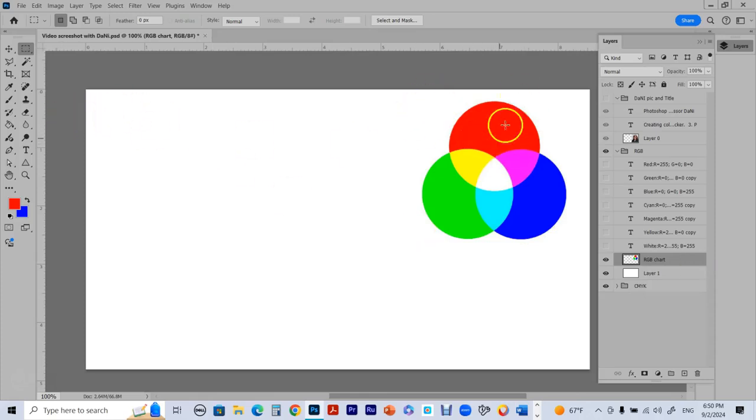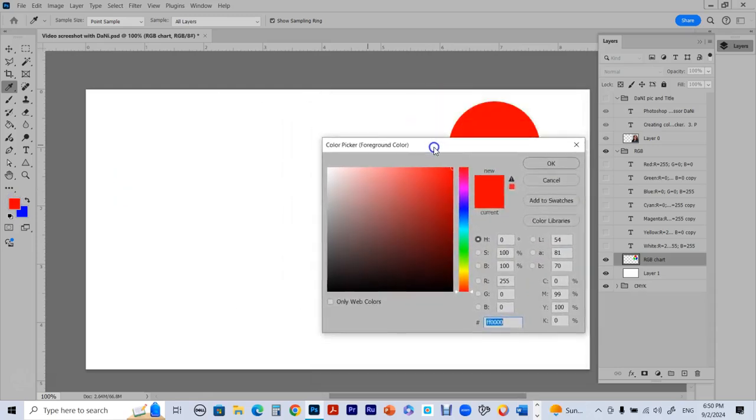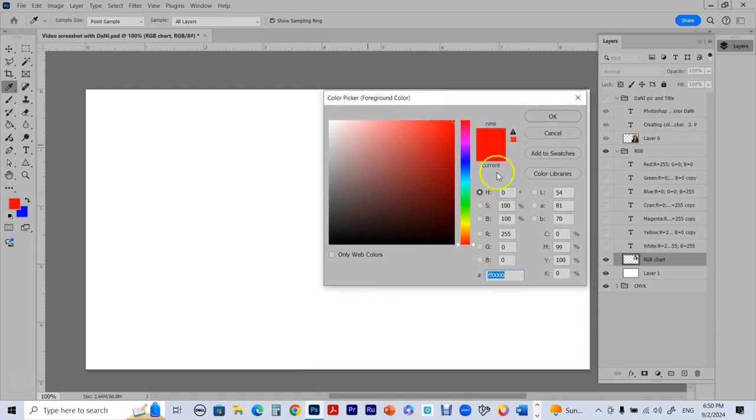Okay, so now we are going to create the red, the green, and the blue, and then we're going to create the cyan, magenta, and yellow, which are the secondary colors in the RGB color mode. So, to create the pure red color, you click on the foreground color to open the color picker, and then you're going to look at these values,